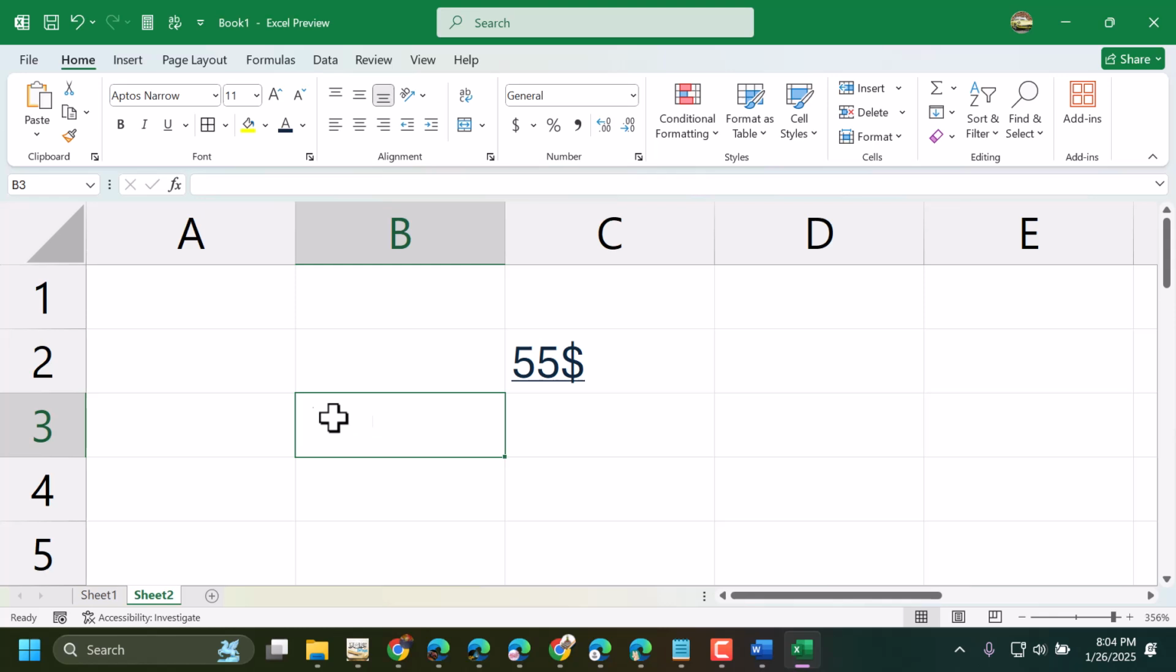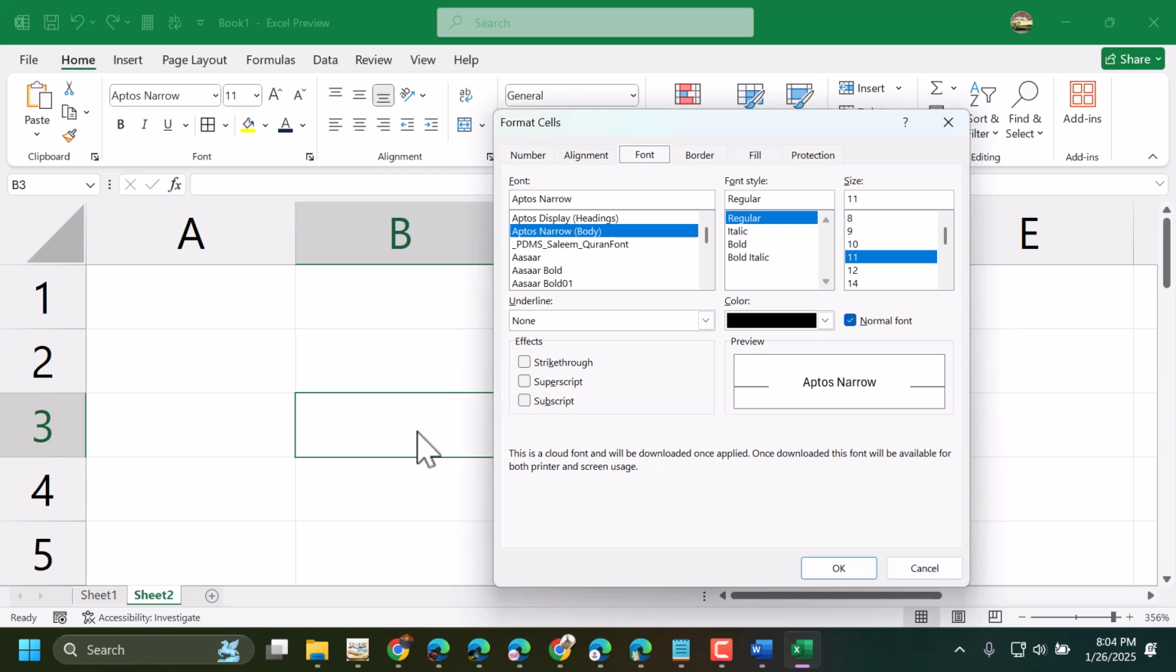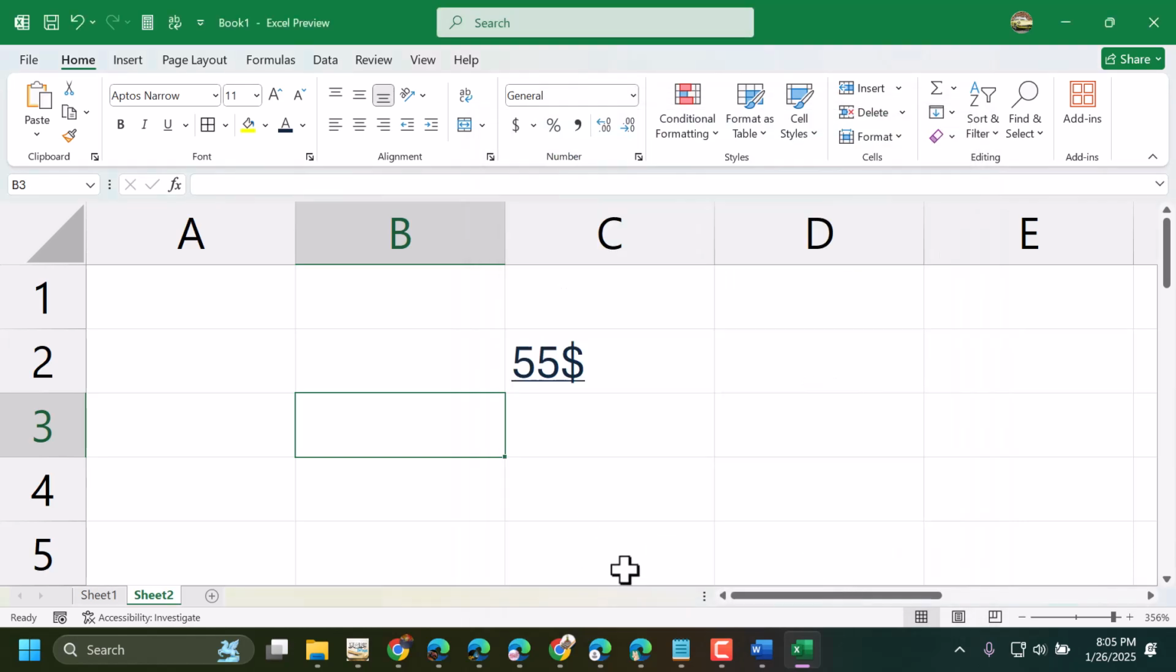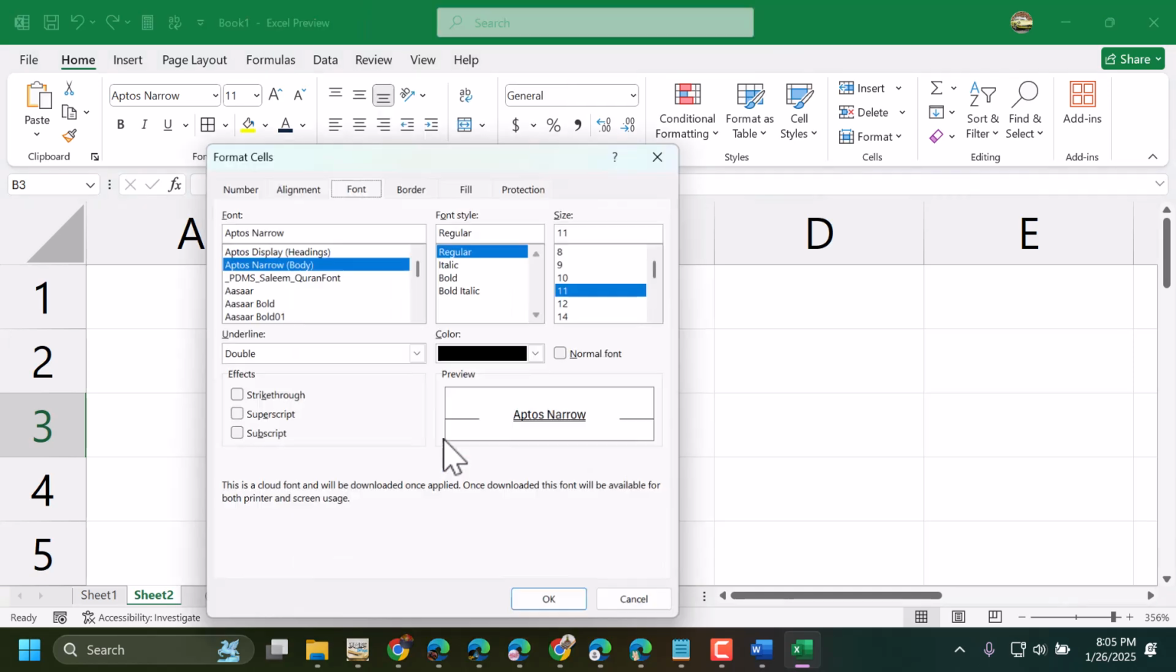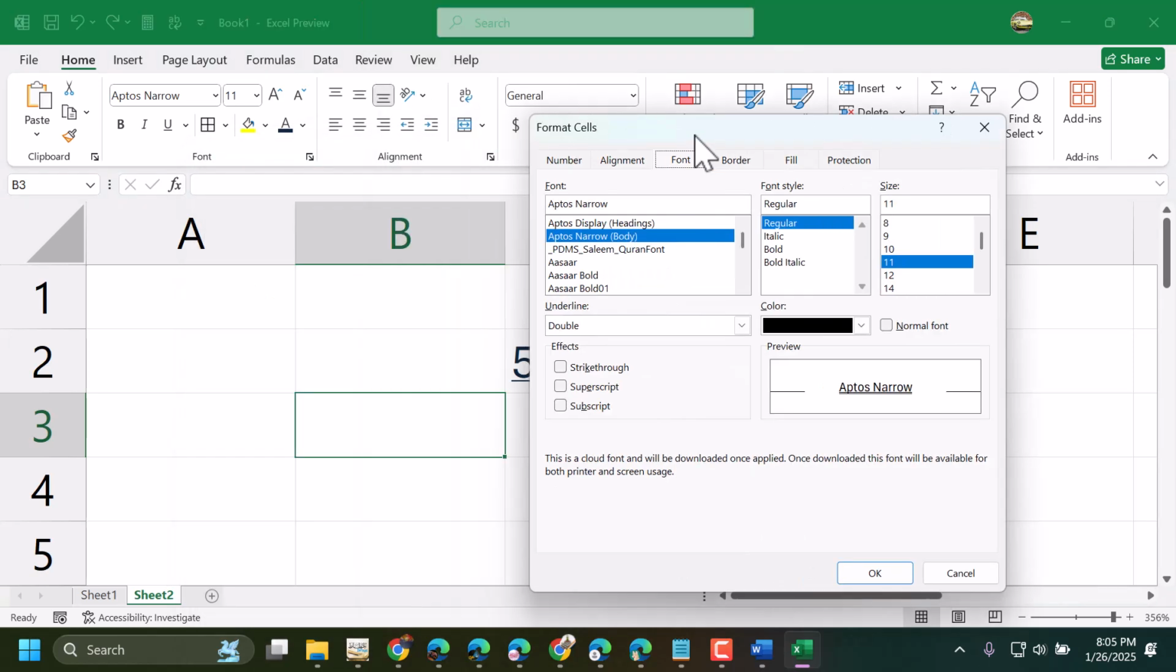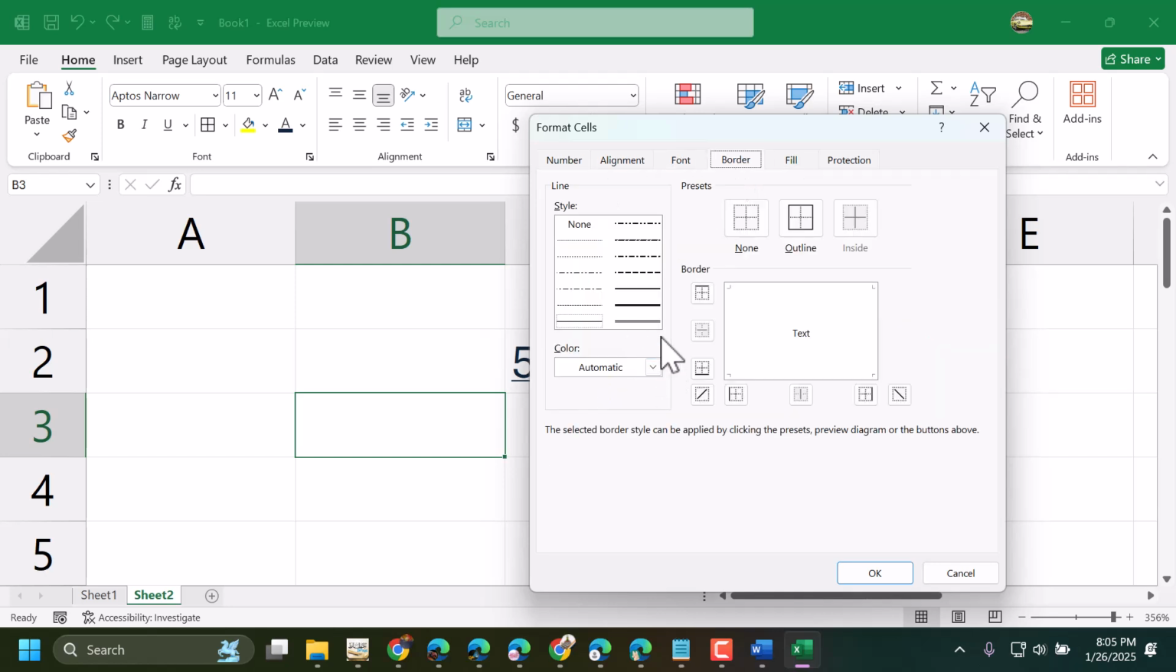And if you want to add double line for this cell, same, select it, Ctrl 1 and select double, click on OK. So select it, right click on it, format cells, border. So select here,